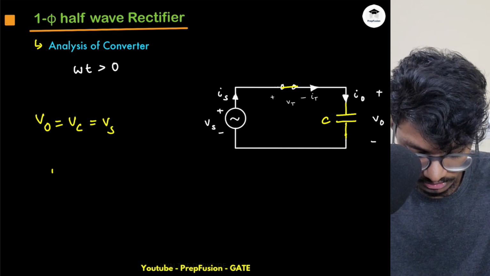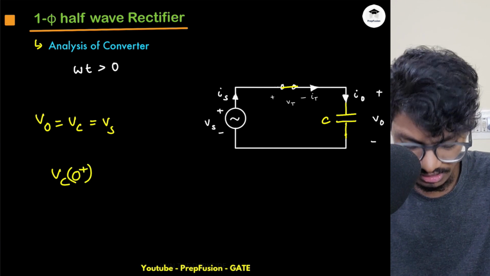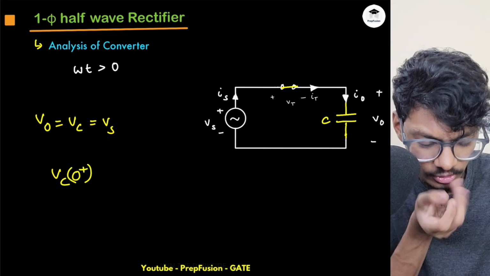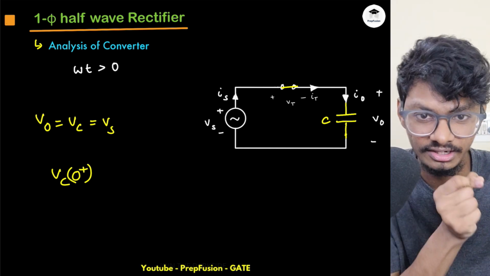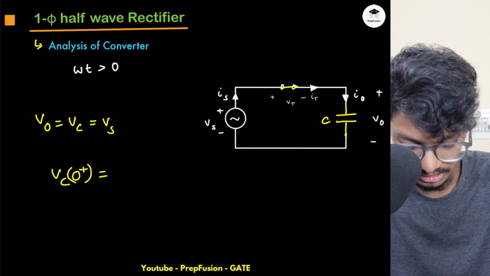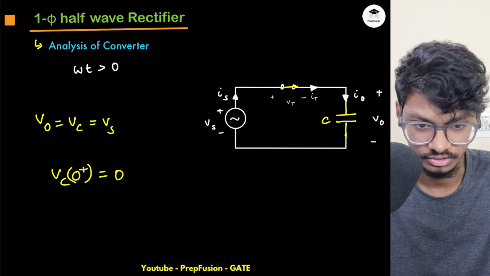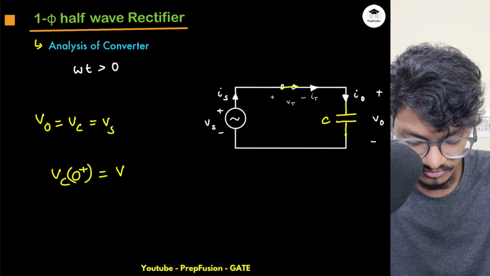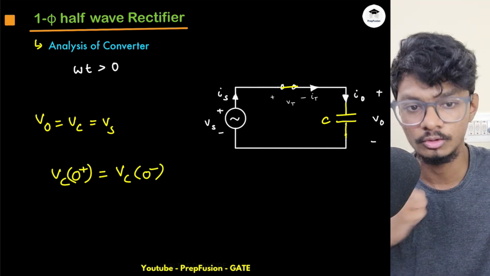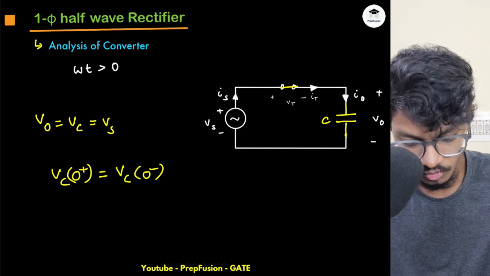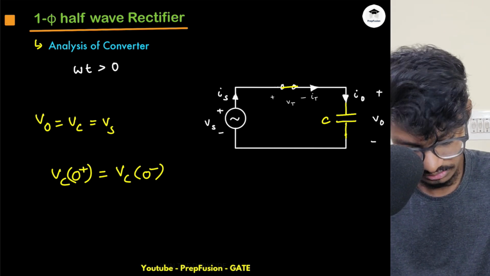And what do I know? That my Vc(0 plus) is what? Like a sinusoid waveform, just at omega t equals 0 plus, it is very near to 0, just increasing a bit. So here I can say it is almost equal to 0 volts. So I can say that Vc(0 plus) equals Vc(0 minus), because previously as well the capacitor had no charge, so it had no voltage. So I can say that no impulse current